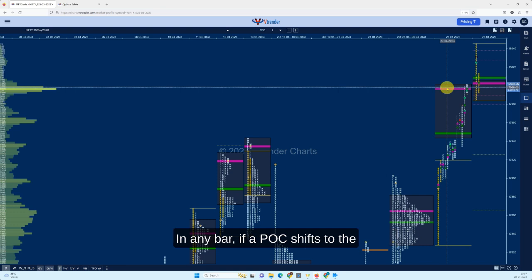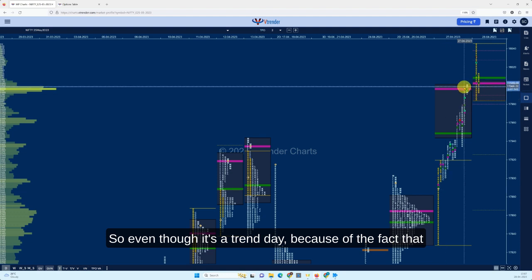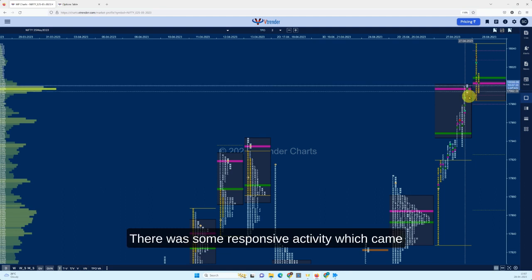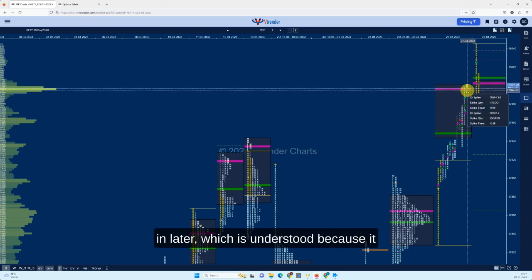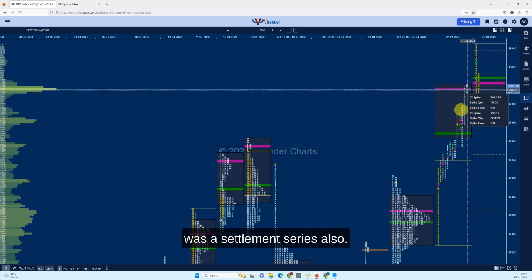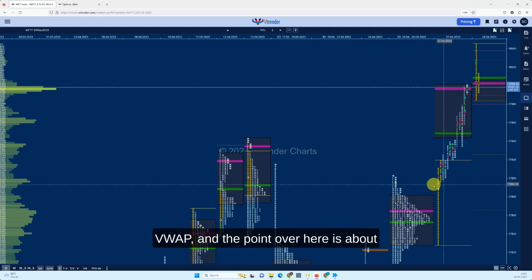In any bar, if a POC shifts to the top, it's called an RS bar, a responsive selling bar. So even though it's a trend day, because the POC shifted at the very top, it does not tell you that it is a strong demand kind of bar. There was some responsive activity which came in later, which is understandable because it was a settlement series also. But the point over here is about this VWAP, and about these A